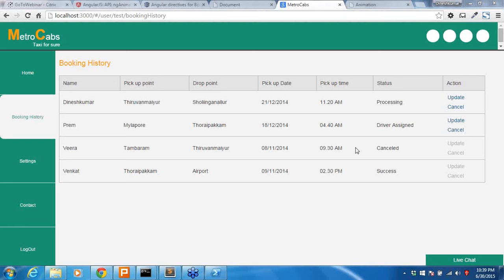From Ashok we have a question. Does ng-animate impact the performance of your application? Anyway, you are loading one more file and it is not such a big file. It is just in the KB only, maybe 70 or a maximum of 100 KB in size. It won't affect the performance much. But whatever CSS you are writing, that does matter.